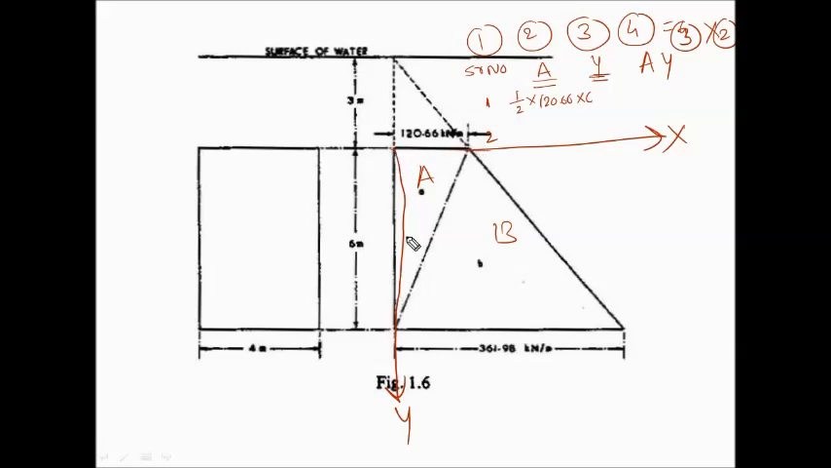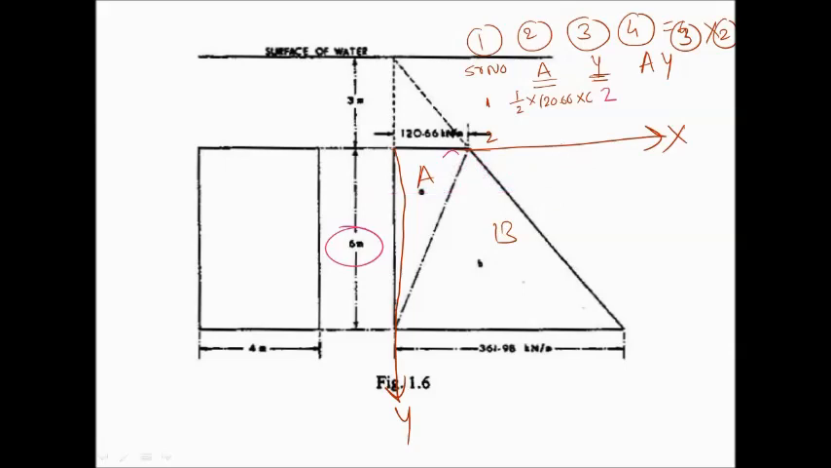The centroid of the triangle will be from the base, always h by 3 or d by 3, you can say. So it will be somewhere here. So this will be d by 3. In this case d is 6, so it will be 6 by 3. It will be 2. So this is 2. Now coming to